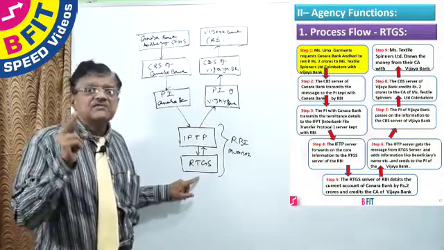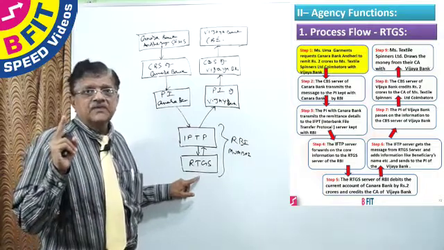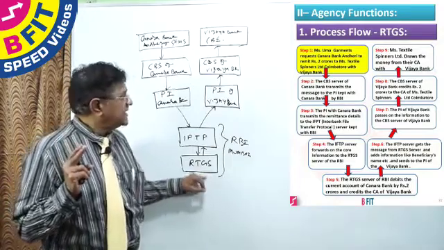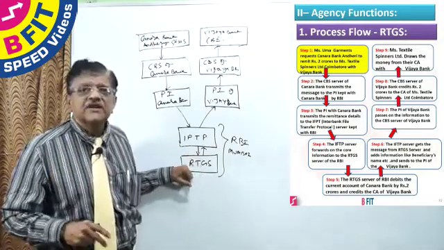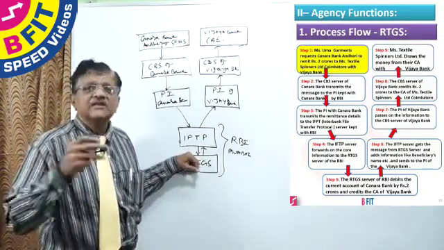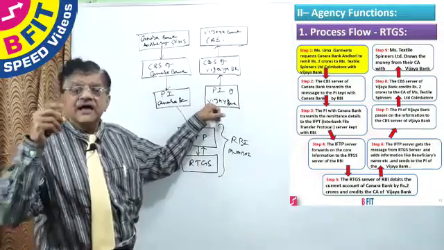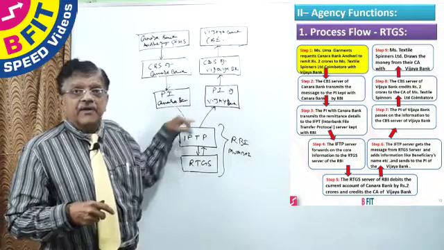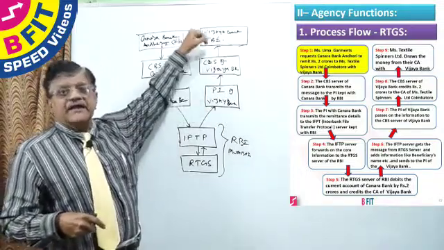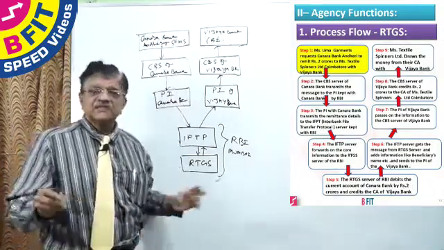It is an irreversible transaction, please remember. This transaction cannot be reversed. It transfers the 2 crores from the Canara Bank account to the Vijaya Bank account, and then the RTGS server informs the fact of debit and credit to IFTP. The IFTP server adds further details and then sends it to the PI of Vijaya Bank, which is a client of this server. From PI, this message goes to the core banking solution of Vijaya Bank, and from core banking it reaches the Coimbatore branch of Vijaya Bank.